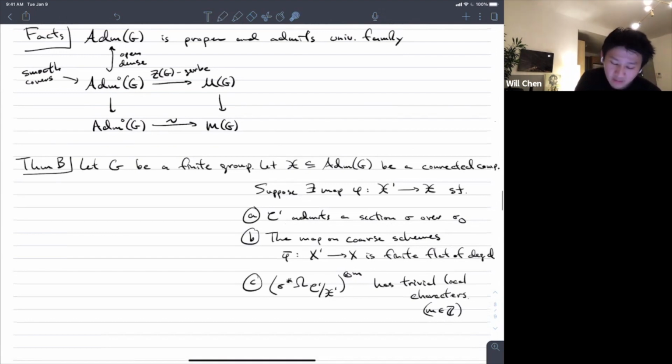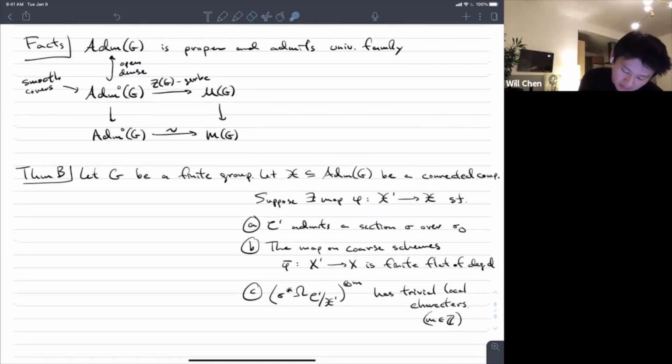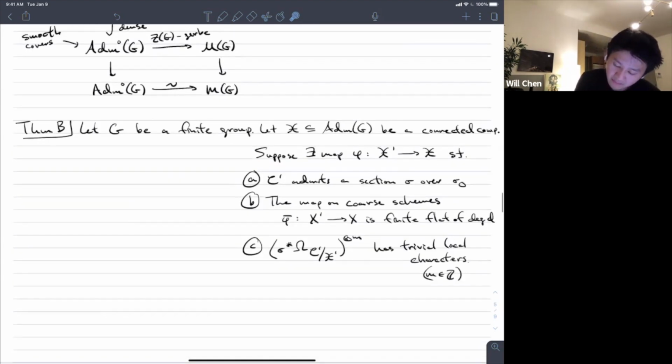Once you work all this out and fix all these problems, what you get is the following statement. Let G be a finite group. Let X in ADMG be a connected component, any connected component. And suppose... so the first problem is